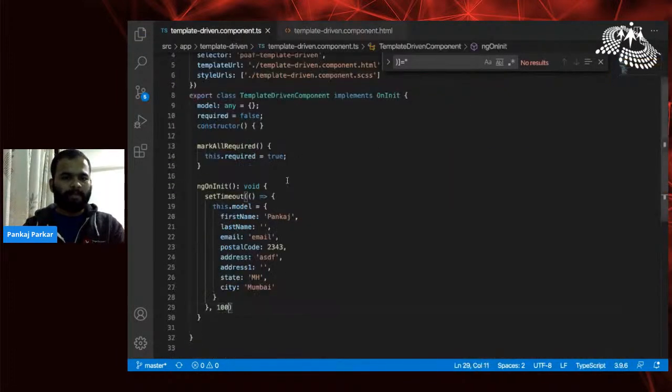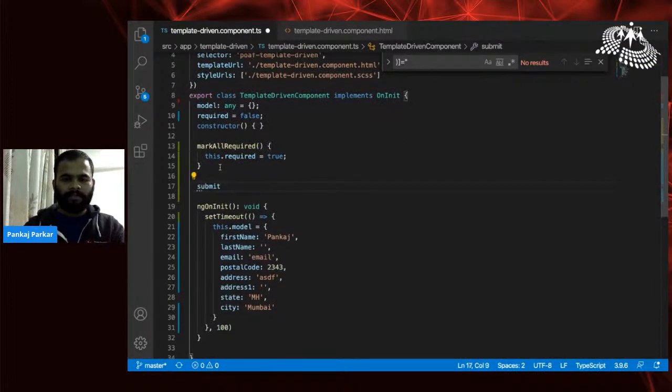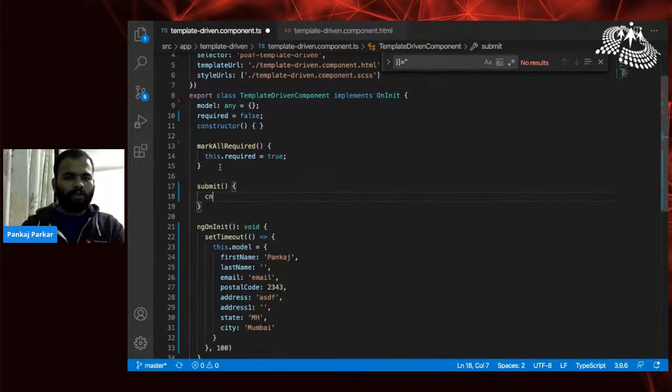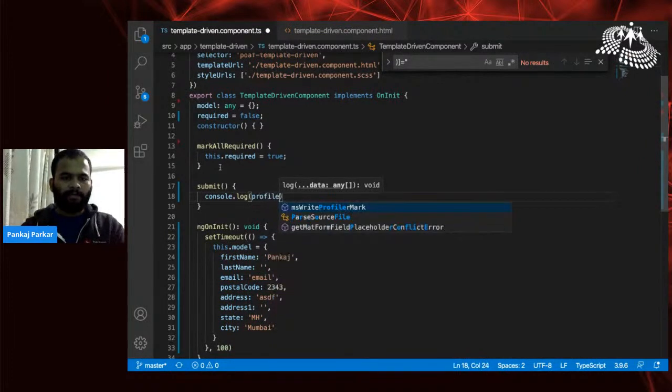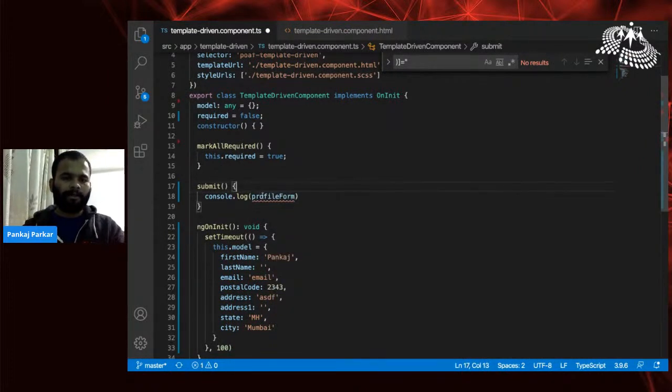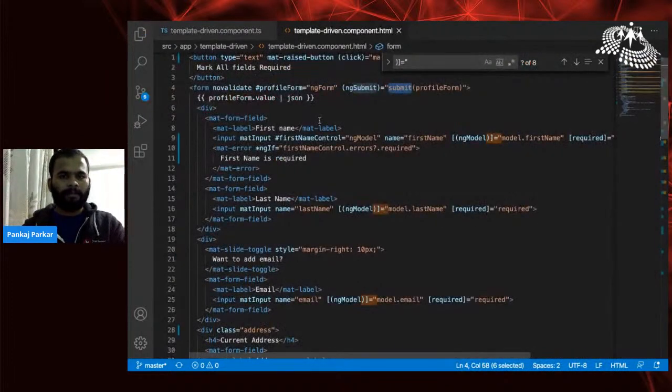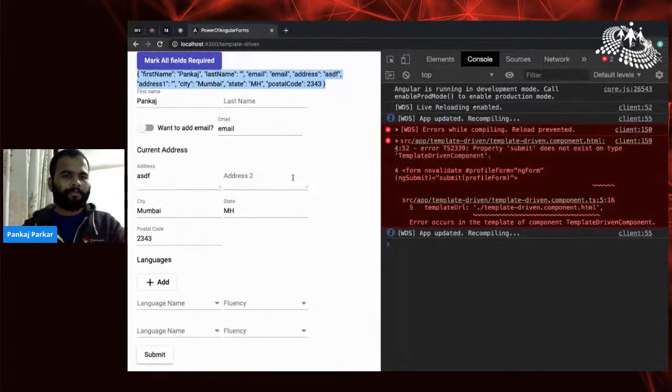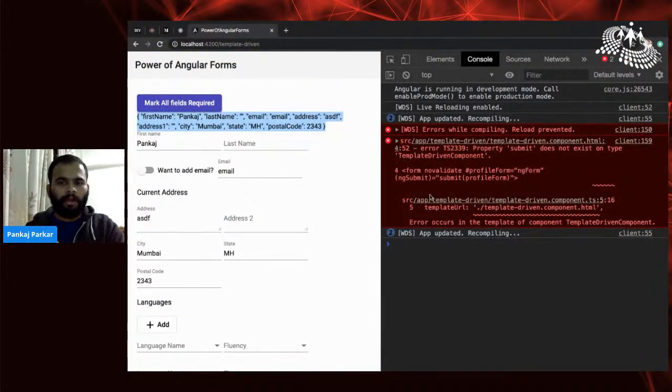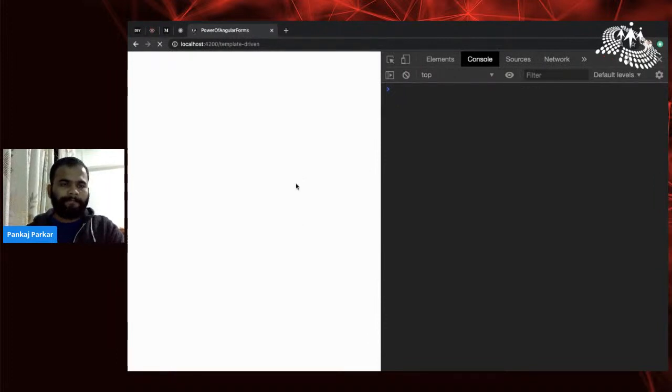I will show you. I just wrote a submit method in here and am going to write a submit method over here as well. We will also console the form to get a feel of what exactly it has. So I'm going to have profileForm in here, which is passed from the method, correct? Let's see what happens. I just save the file. It will refresh automatically, and